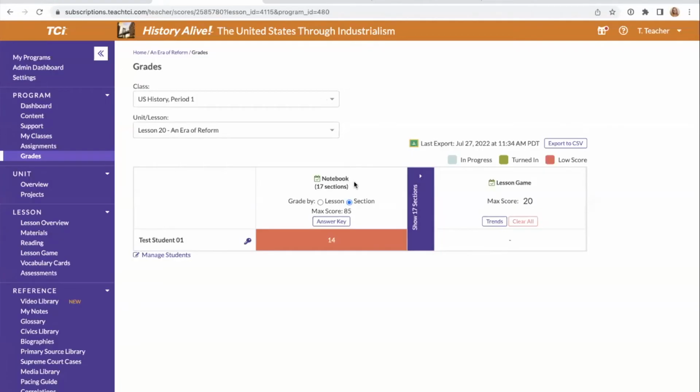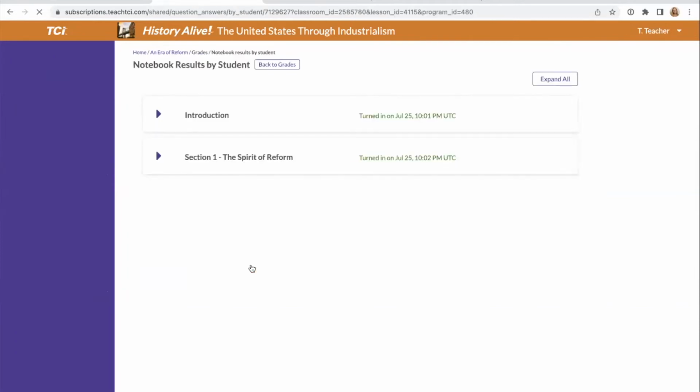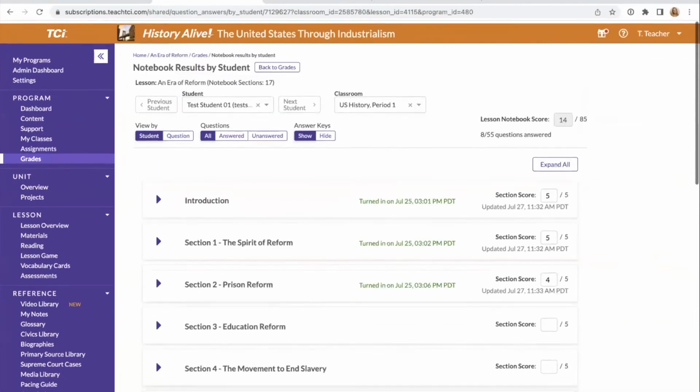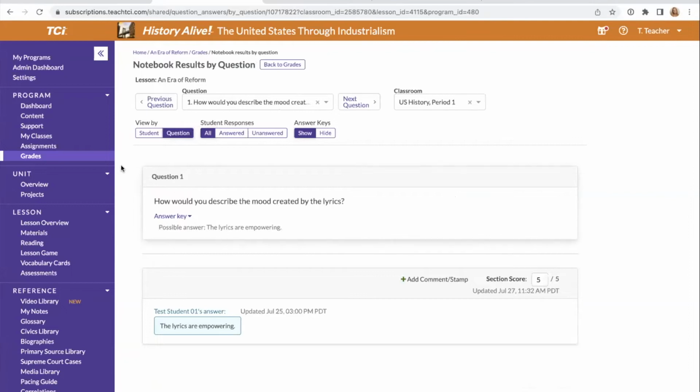Here. And while we're in here, Amanda, just because Rachel had a question, I'm sure this is good for everyone. You can grade by lesson, you can grade by section, but then also if we click on that student, we can either grade one kid's responses or we can grade the whole class responses. So Rachel was just asking, how do I just grade one kid at a time? What does that look like? Yeah, so you would go view by student, where you're just viewing a single student's responses on everything for that particular lesson. If you view by question, then that will show you one question at a time, and you can grade,